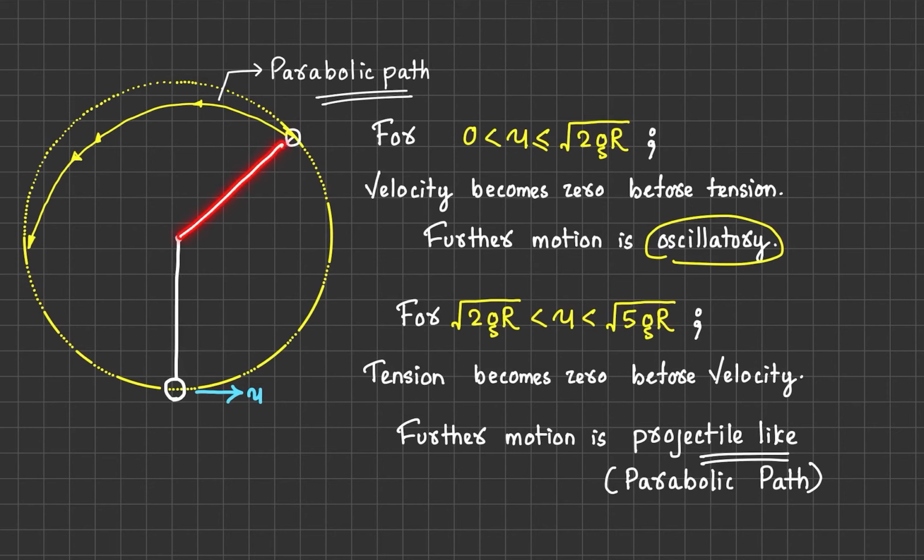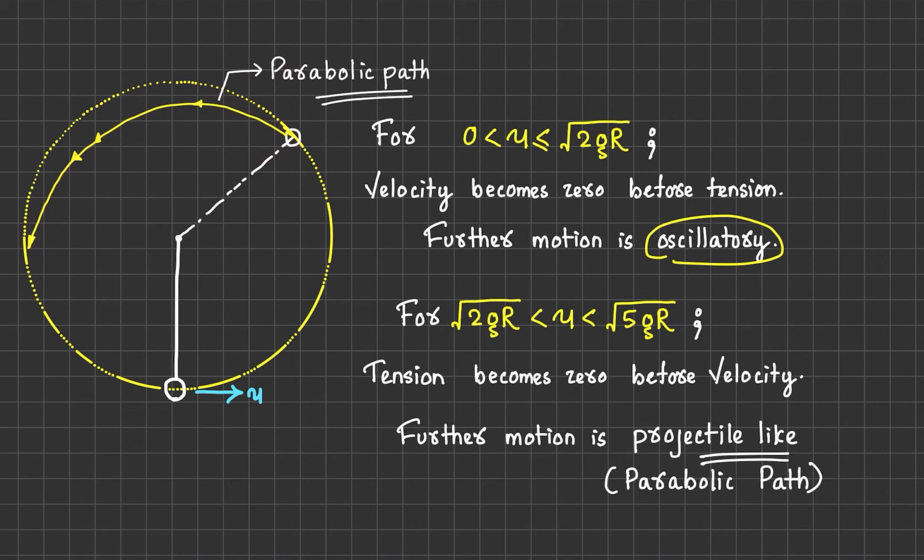So if the tension becomes 0 somewhere in the middle, then there is no force acting towards the center now. So the particle loses its necessary centripetal force. There is nobody who will maintain its circular path. But we should see that velocity is still there. Velocity is still not 0. Only tension has become 0. So as there will still be some velocity, but there is no centripetal force, now only gravity, the weight force, is acting. So this particle now behaves as a projectile and it moves further in a parabolic path. The further motion will be in a parabolic path for this particle.